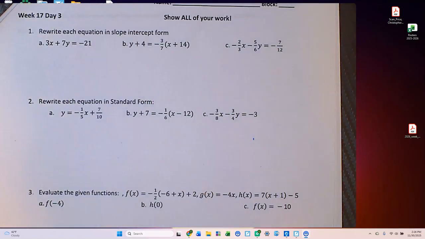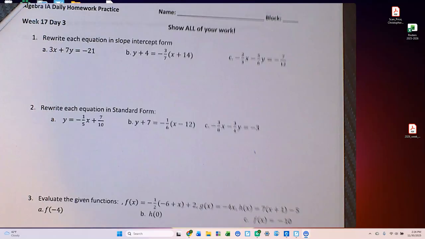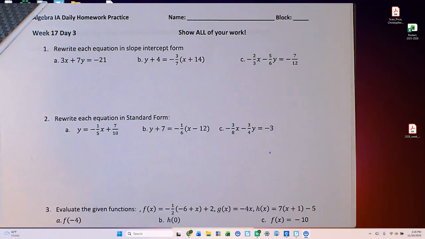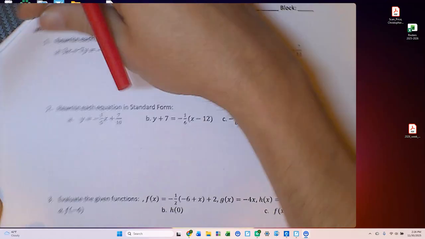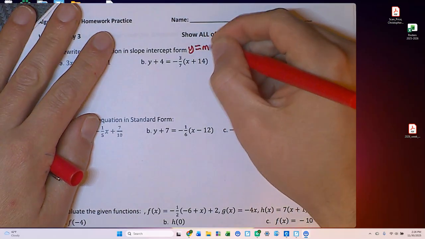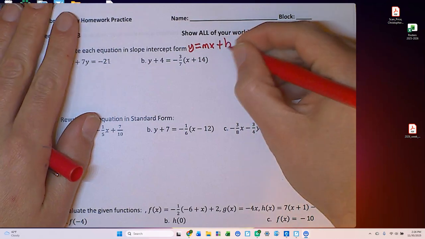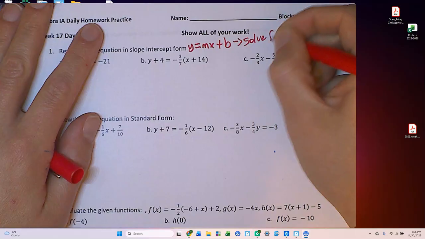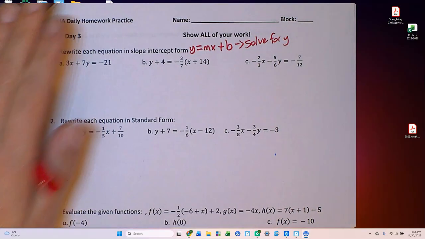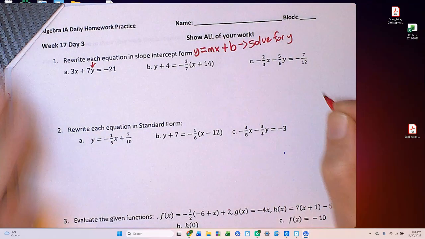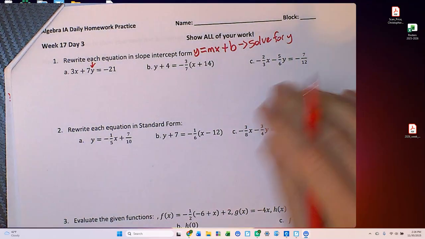Rewrite each equation in slope-intercept form. Every year, kids really have a really hard time. Why are there so many forms? Okay. So what is slope-intercept form? It's y equals mx plus b. So I call it solve for y. You need to get y all by itself. So whatever it takes to get y by itself,